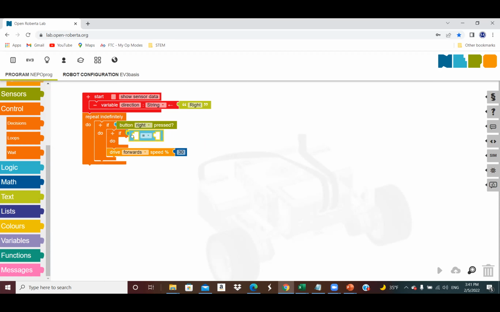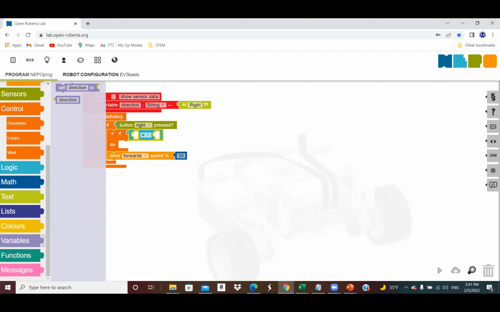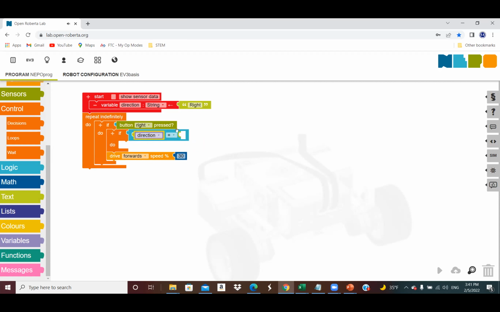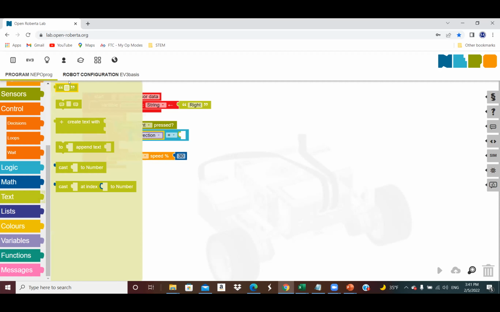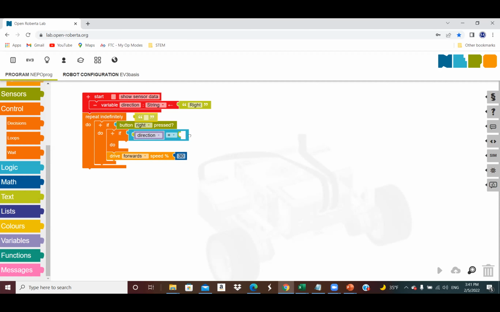Drag this one here. So now you drag the variable direction. Okay, if the direction equals the value text, put it here. Drag the text here. If the variable equals left,